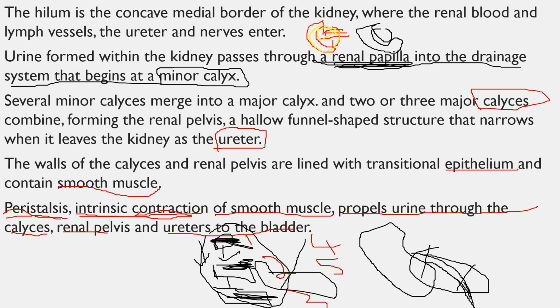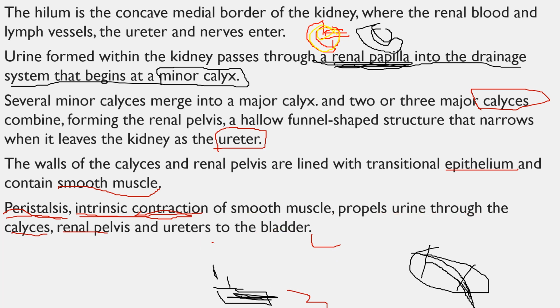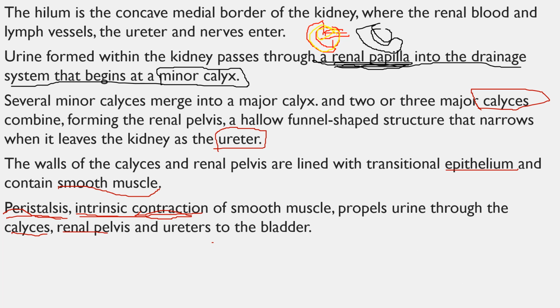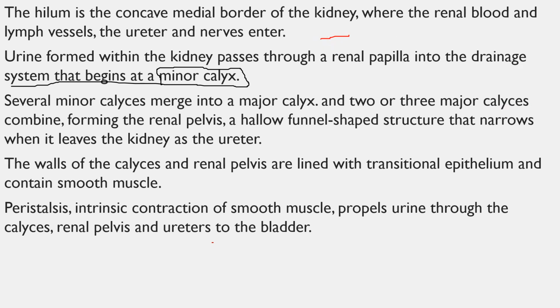Then there will be a message sent to the hypothalamus in your head that, you know what, now it's time to release this fluid. Then you'll feel a very big urge to actually go to the bathroom or to do number one. So that's what we talk about when we are talking of the peristalsis, intrinsic contraction of the smooth muscle and propelling of the